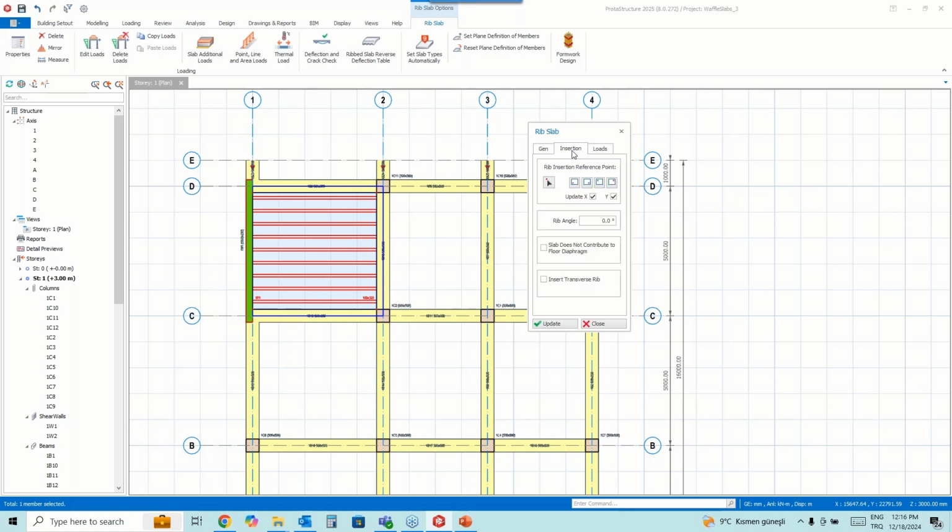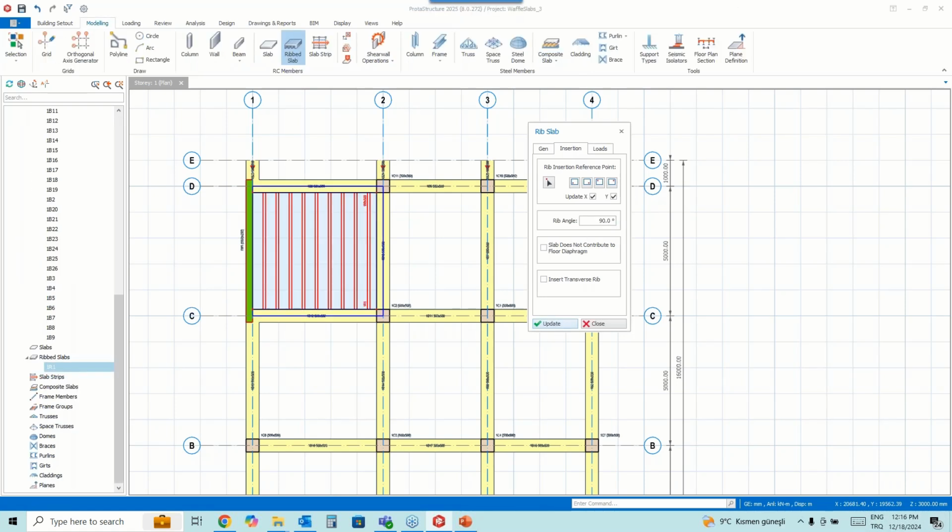Let's talk about the placement of these ribs. For example, rib angle. You can change the rib angle from here, and you can place your ribs in the Y direction. If you want to change the rib position, you can use these corners. For example, if you select this option, it means that the first rib will start 40 centimeters away from the right corner's surface.